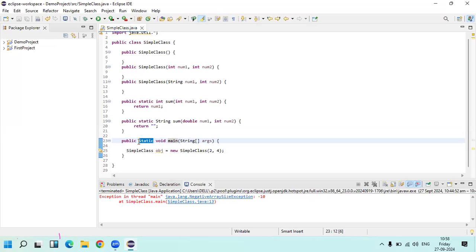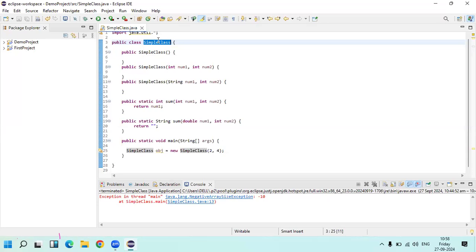So we'll let you know now what the static keyword means. Once you declare any method like static, that method will be accessible with the class itself, means you do not need to create an object